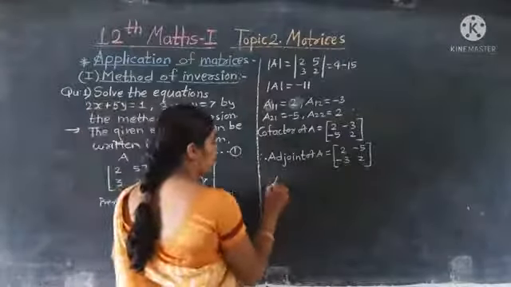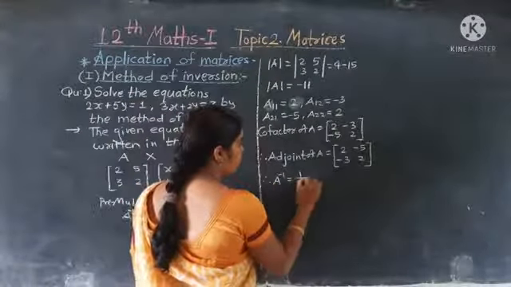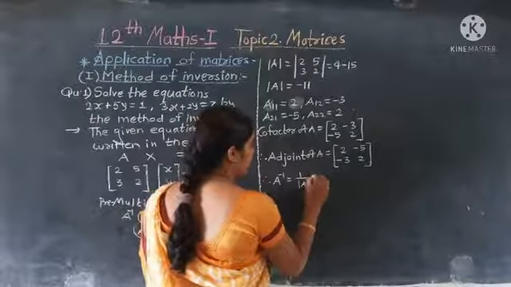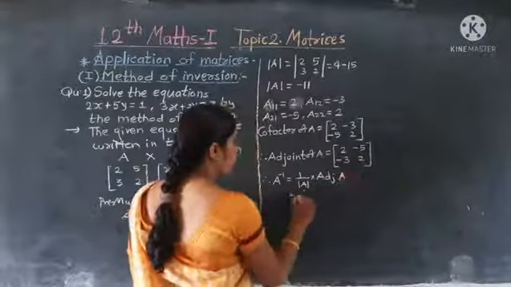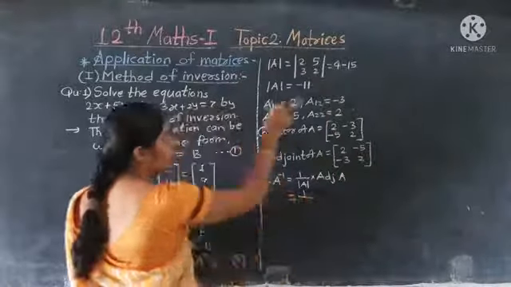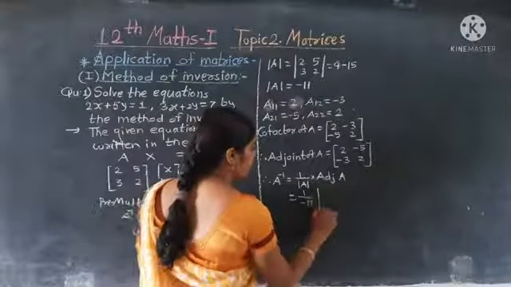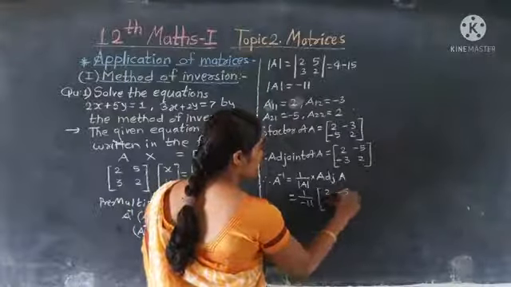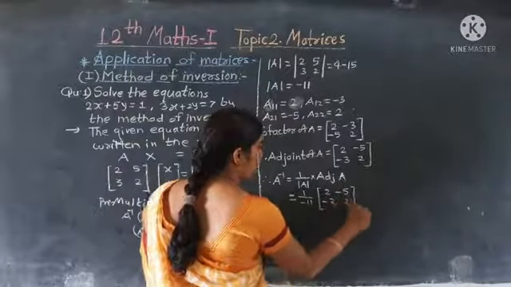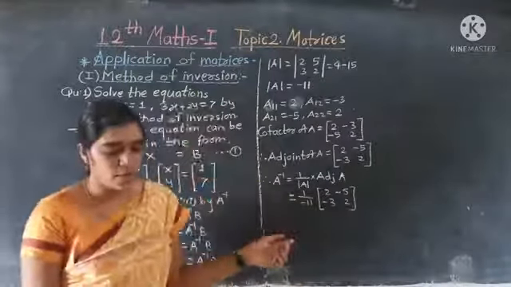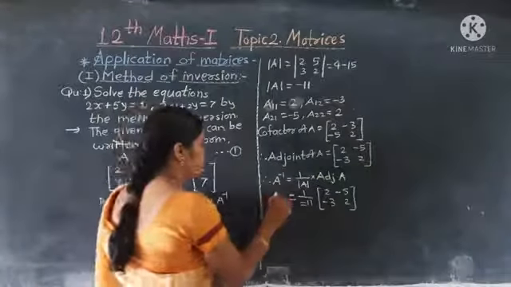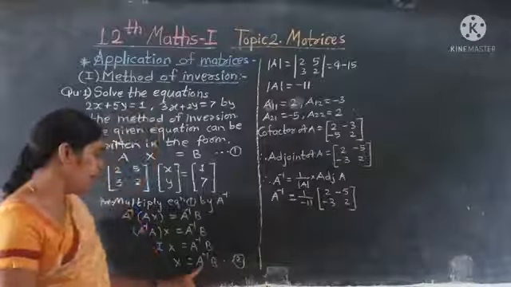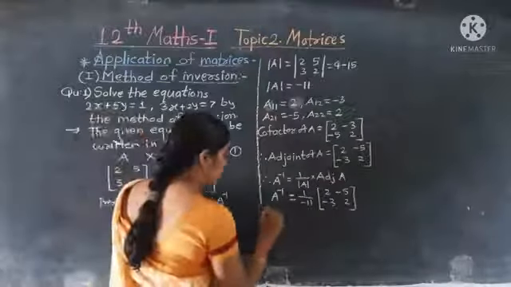Therefore A inverse is equal to 1 upon determinant A into adjoint of A. 1 upon, what is the value of determinant A? Minus 11 into adjoint of A, which is 2, minus 5, minus 3, 2. Okay, we get this value. Now here we get A inverse. Put the value of A inverse in equation 2. From equation 2,